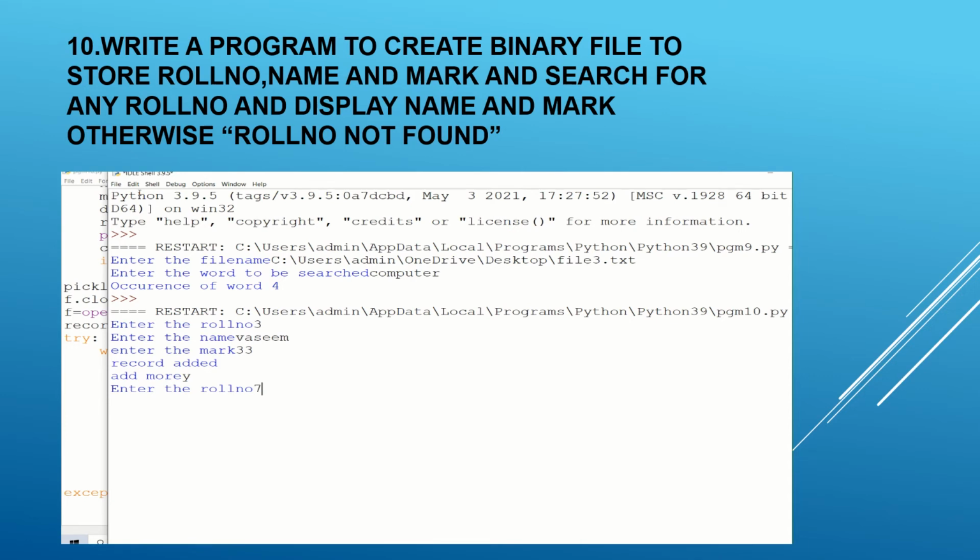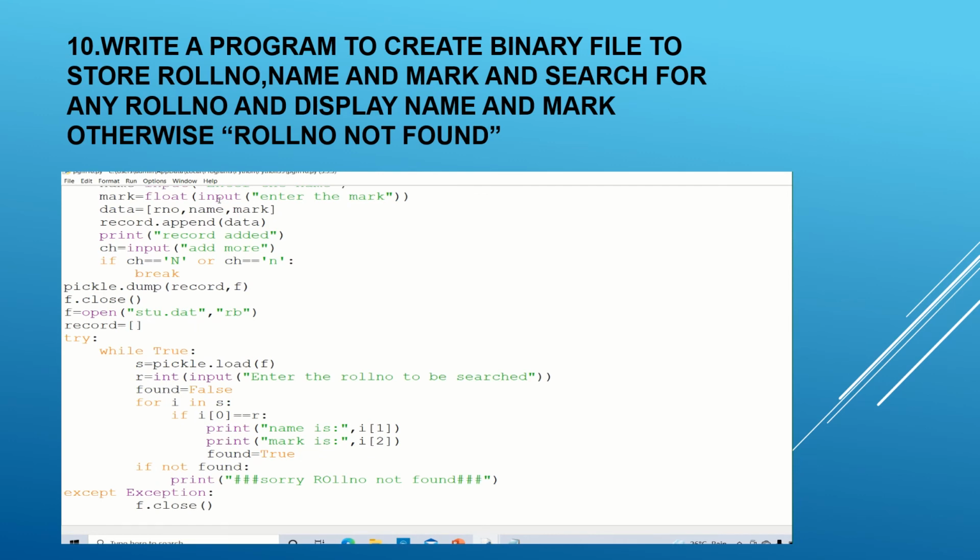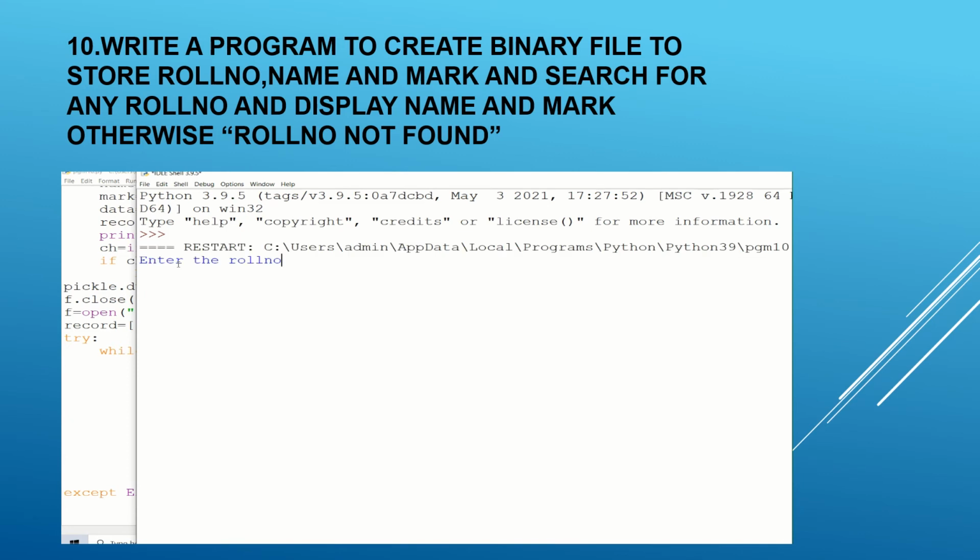Here we go with entering the roll numbers and all. So Wazim's detail, since the roll number was there, it has printed like that. So let's see how we are getting, if the roll number is not present, what will be the message given to us. That also let's check it once. Okay, load function. In the load function we have given the roll number. If it is equal to that roll number, we want to print the name as well as the mark. That's what the program is.